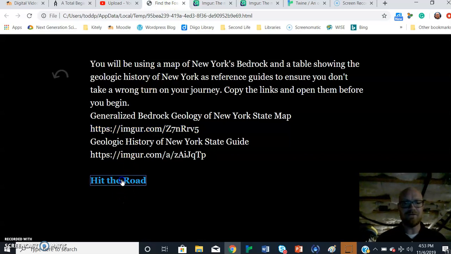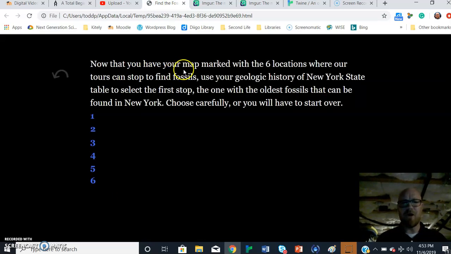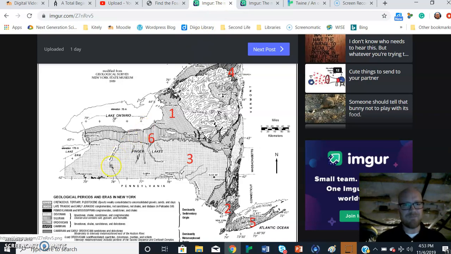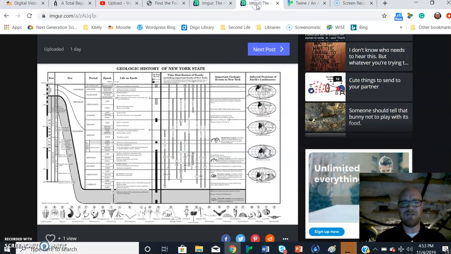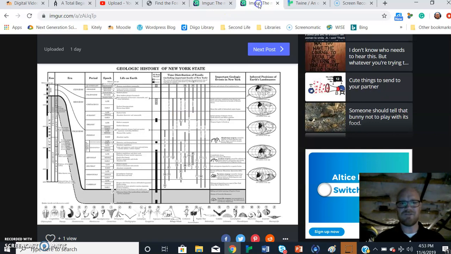So let's hit the road with the players, and you have a map marked with the 6 locations where our tours can stop to find fossils. The player needs to use their knowledge of the geologic history of New York State to select the first stop, the one with the oldest fossils. And it tells them to choose carefully or they'll have to start over. So we go back to our map. We see Cambrian matches up with the number 4 on the map. So the player, if they select 1, 6, 3, 2, or 5, they're going to get the restart page. So, oops, I forgot. They're going to have to start with